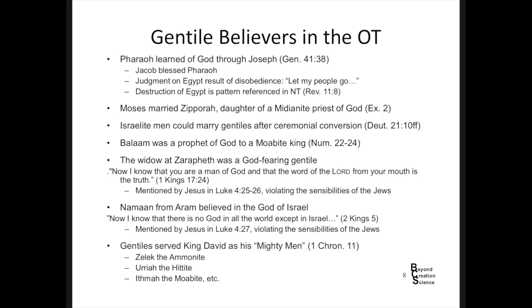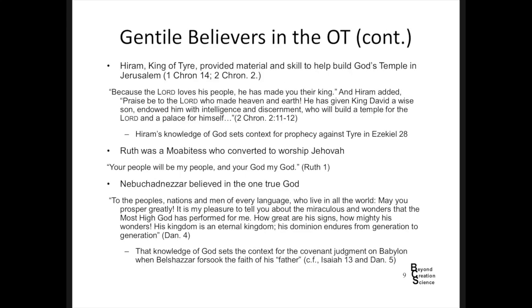of the Gentiles. Hiram, king of Tyre, provided material and skill to help build God's temple in Jerusalem. Does this look like a believer to you? "Because the Lord loves his people, he has made you their king." And then later we find that Hiram added, "Praise be to the Lord who made heaven and earth." That's the Hebrew portion of the creation. "He has given King David a wise son, endowed him with intelligence and discernment, who will build a temple for the Lord and a palace for himself." And I think that knowledge from the King Hiram sets the context for the prophecy against Tyre in Ezekiel chapter